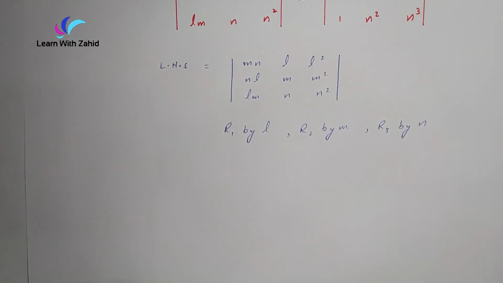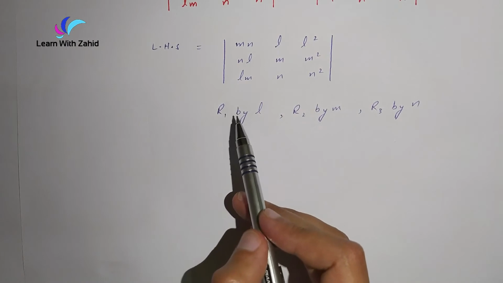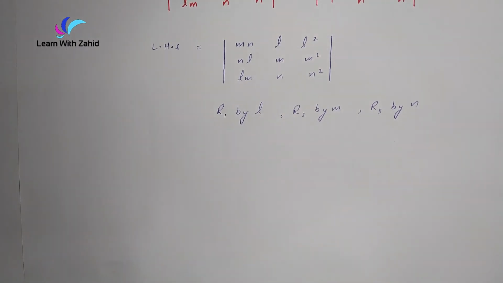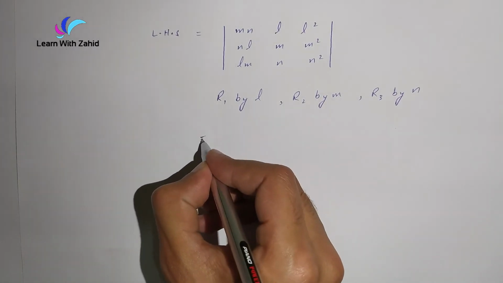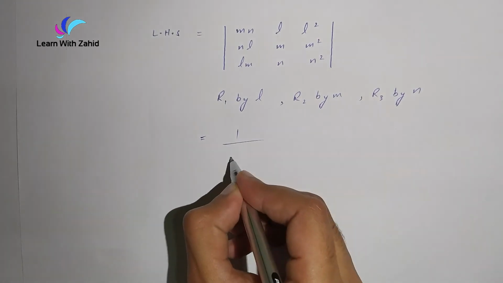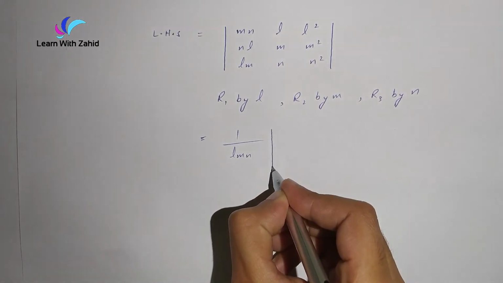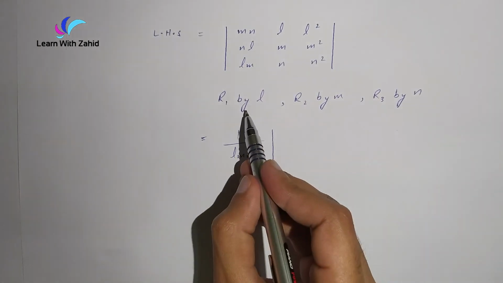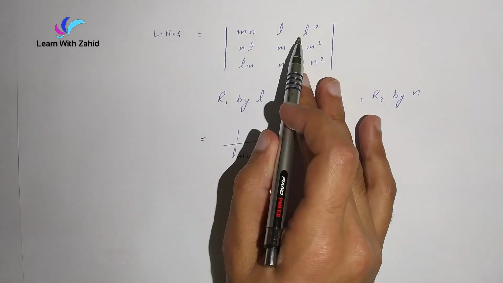And since we know that we cannot just multiply a determinant with a constant number, we will also have to divide that constant by the determinant. So we will divide L, M, and N by the determinant, and now we have to multiply R1 by L. So multiplying R1 by L, we will get